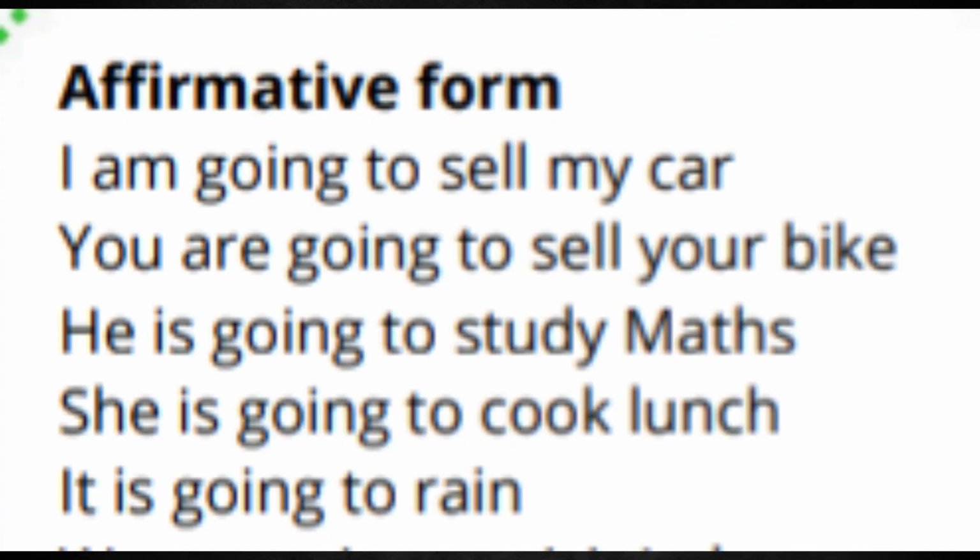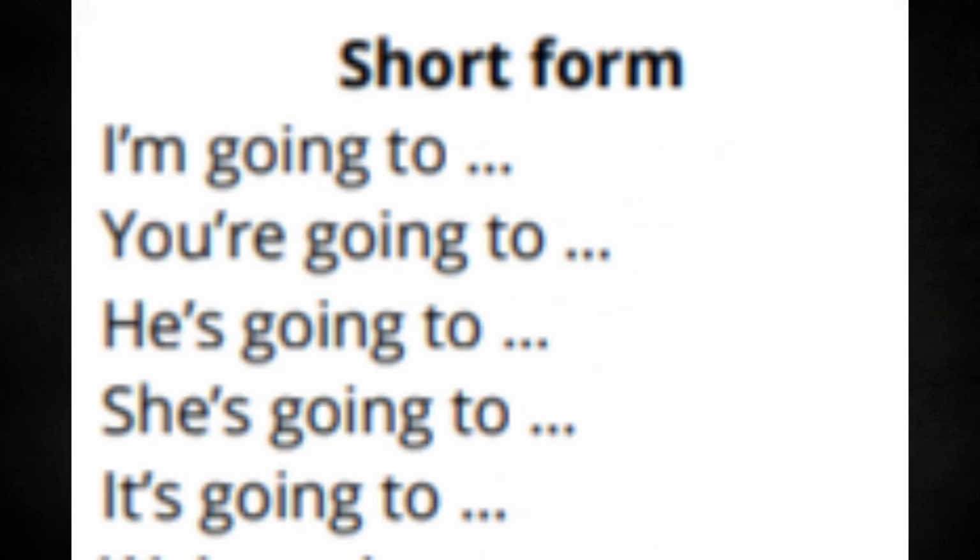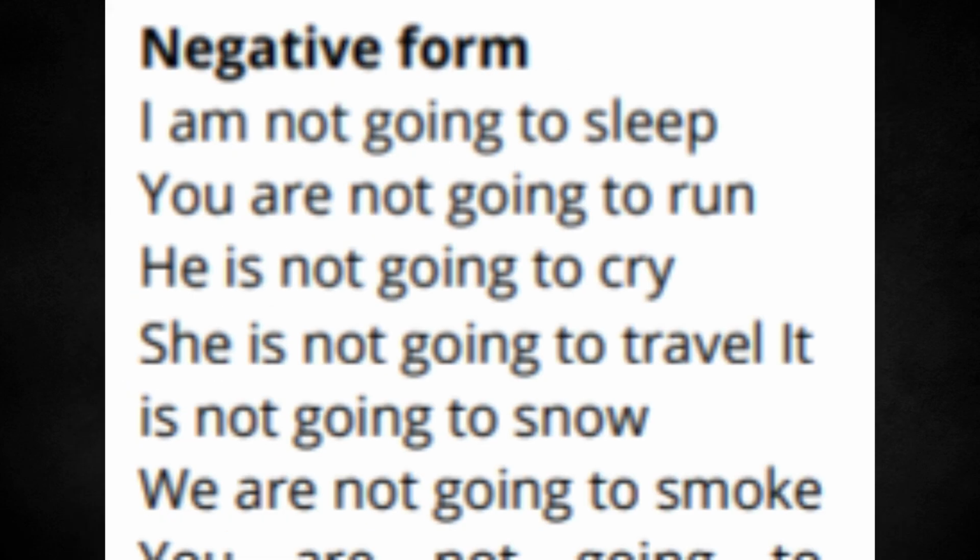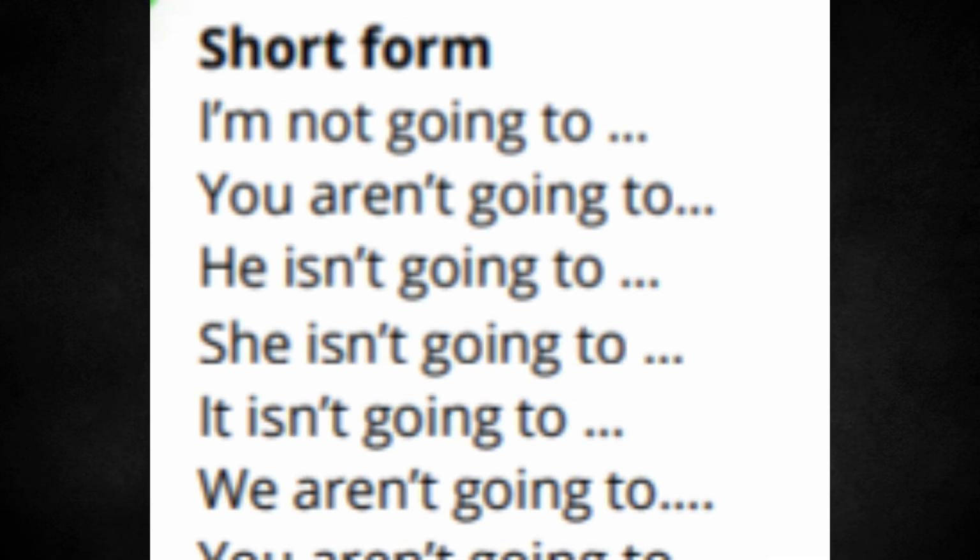In the affirmative form, we can say, I'm going to sell my car. You're going to sell your bike. It is going to rain. In the shortened form, we can say, he's going to, it's going to. The negative: I'm not going to sleep. He's not going to cry. We are not going to smoke. Or in the shortened form, I'm not going to, she isn't going to, it isn't going to,